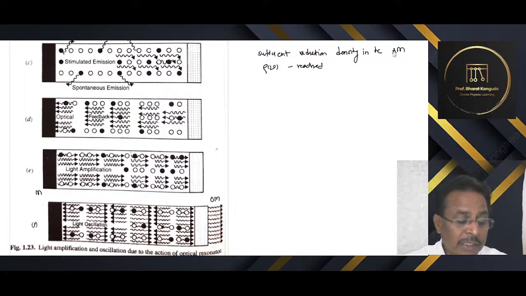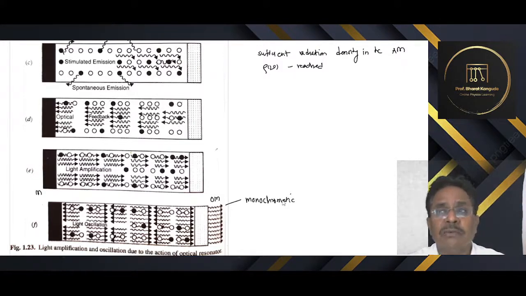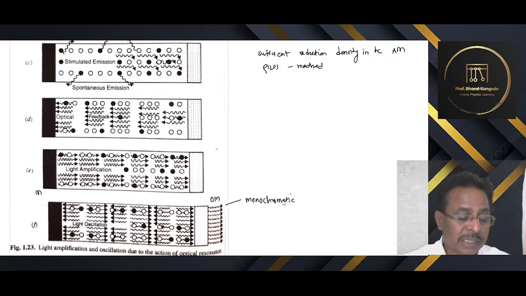And it sustains the stimulated emission. In general, the active material has a few lasing transitions rather than only one, and it is desirable that the laser oscillates at one frequency and produces monochromatic light. So this entire operation is to be carried out at a single frequency, and whenever this happens, the light coming out is monochromatic light. As I said earlier, usually it is not possible to have only a single frequency, but a small band of frequency localized around a particular frequency is there, and this type of monochromatic light is expected as the output.